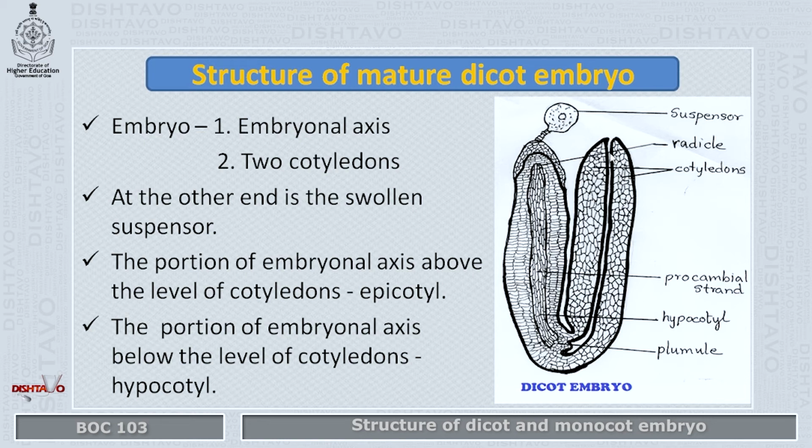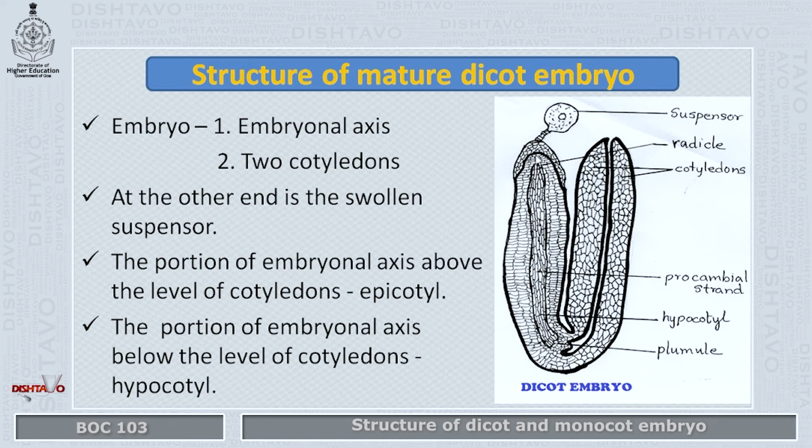At the end of the embryonal axis on the other side, there is a swollen suspensor, and the portion of the embryonal axis above the level of the cotyledons is called the epicotyl, and that portion below the level of the cotyledons is referred to as the hypocotyl. Hypocotyl at its further end has a root initial which is called the radicle,